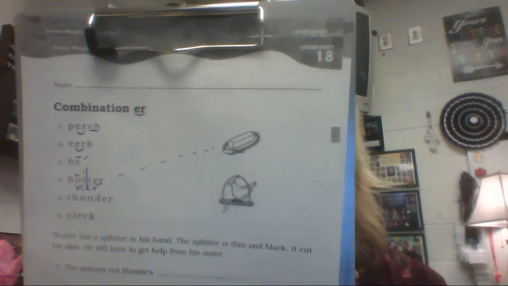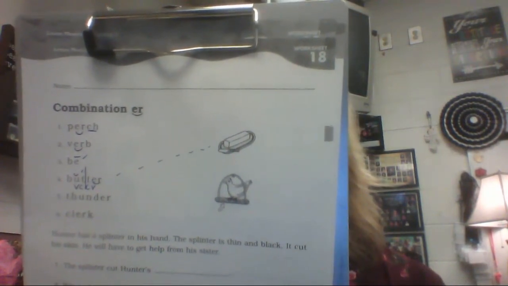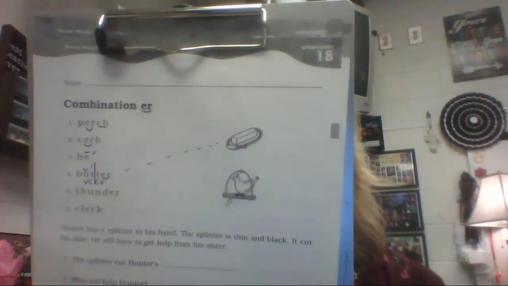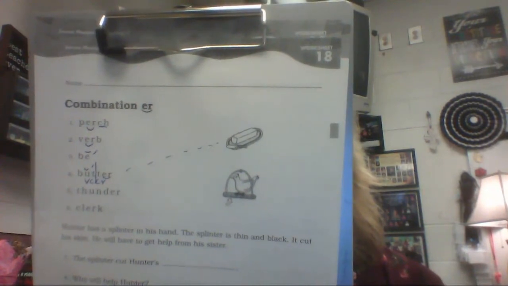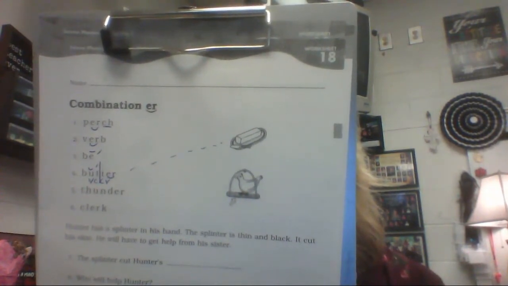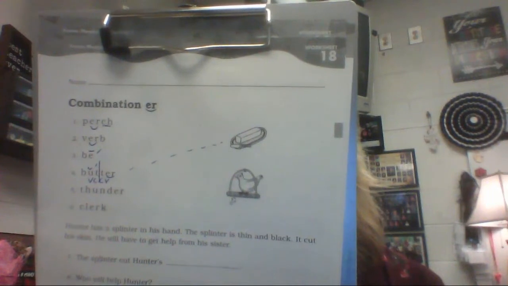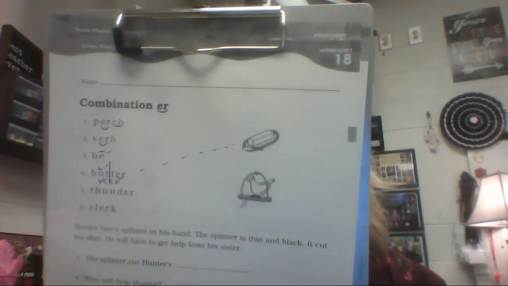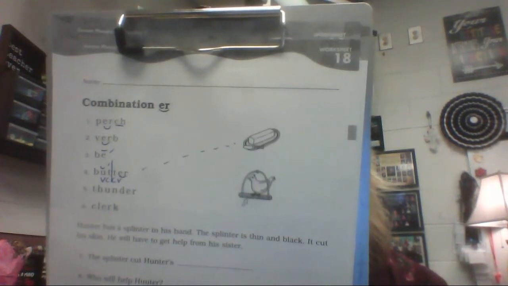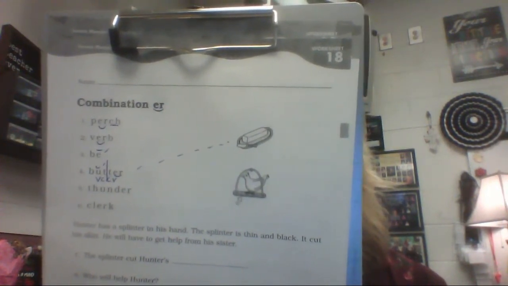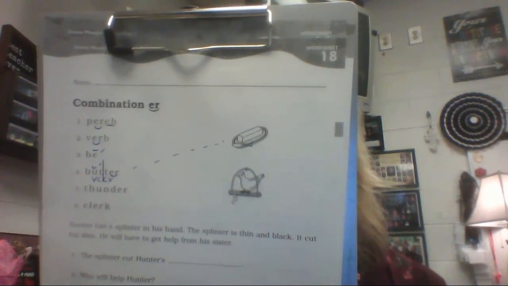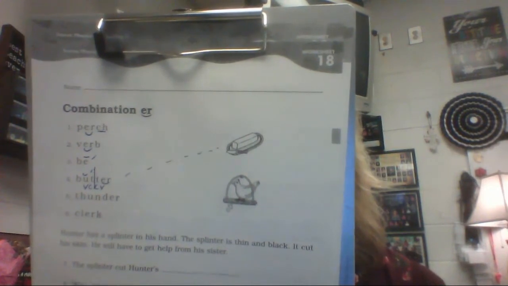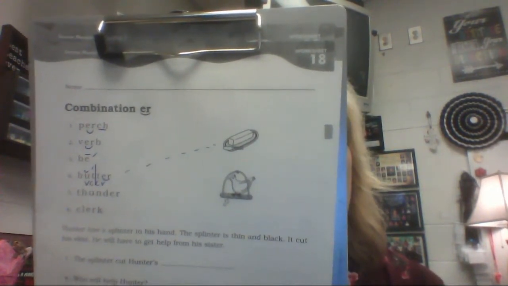Number 4, we have butter. We have 2 syllables, so I put a division line between the 2 T's. We have V, C, C, V, short U sound, so we put a breve there, and we have a combination ER at the end. And last, we have an accent mark because we say butter. We don't say butter. I drew a line to the picture of butter,